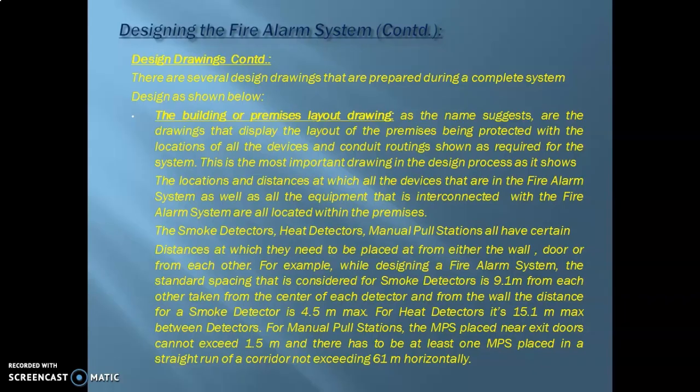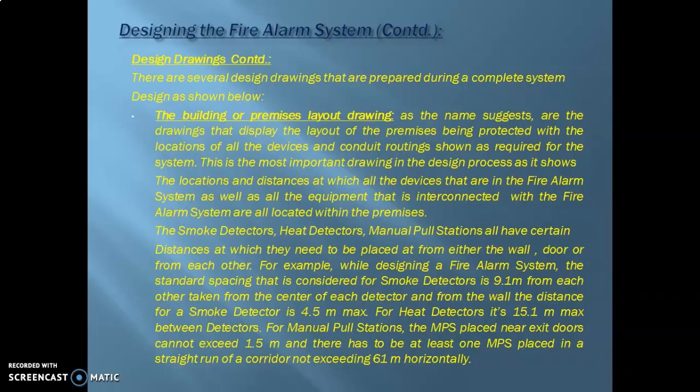For example, while designing a fire alarm system, the standard spacing that is considered for smoke detectors is 9.1 meters from each other, taken from the center of each smoke detector. And from the wall, the distance for a smoke detector is 4.5 meters maximum. It cannot exceed 4.5 meters from any wall in a room.